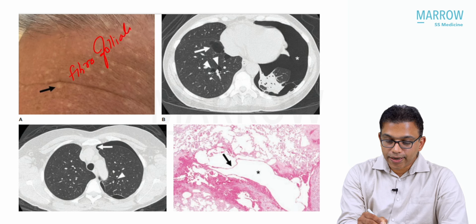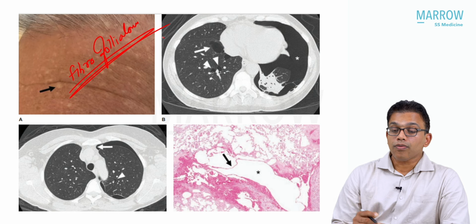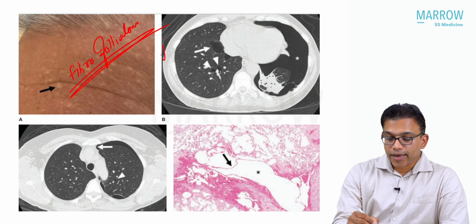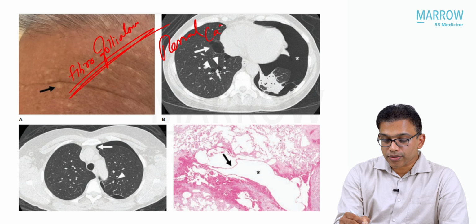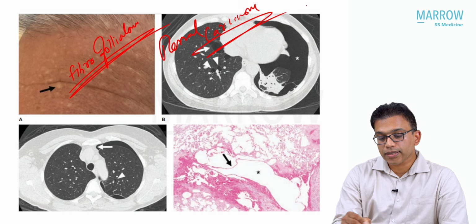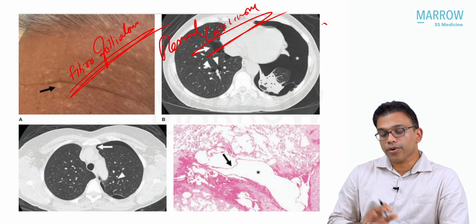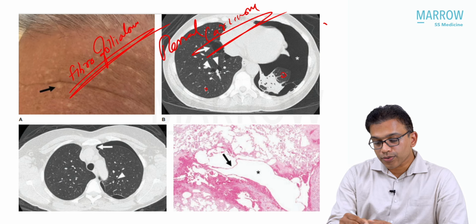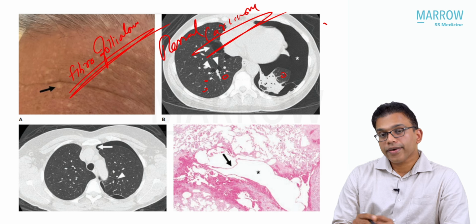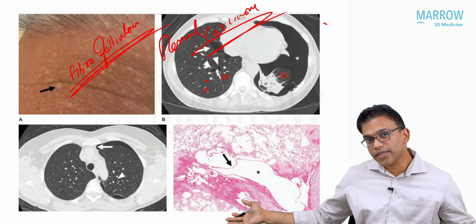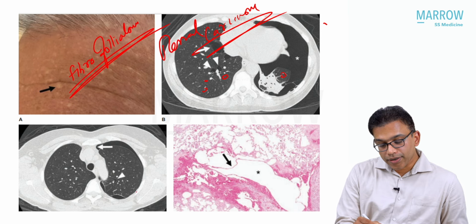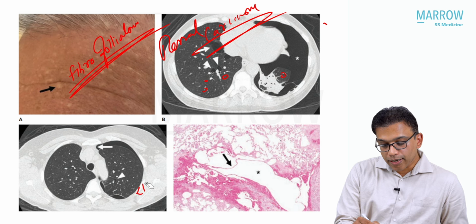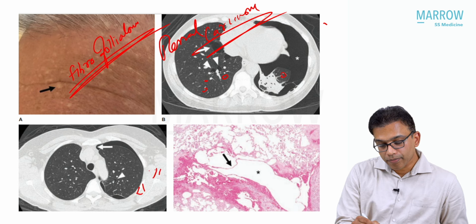Again, it is a cystic ILD with a skin manifestation of fibrofolliculomas, and the characteristic association is renal carcinoma. Renal cancer is a classical association of Birt-Hogg-Dube syndrome, and it can also have cysts in the lung. And here the cysts are not as extensive as those of LAM. Usually it involves less than 10% of the lung parenchyma,